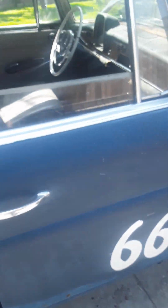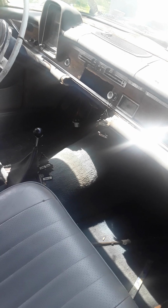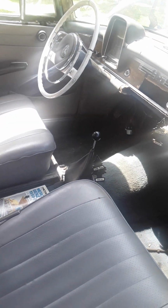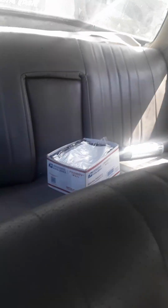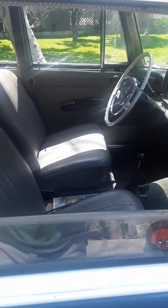The doors are shot. Brake lines are shot. Smells like an old man's fart. Or a leather shoe, one or the other. But it's nice. It's just one of those brands where you think